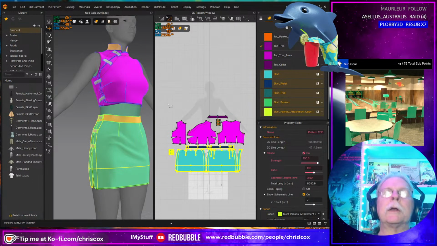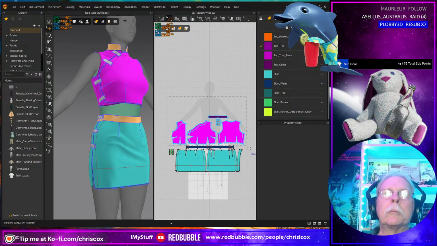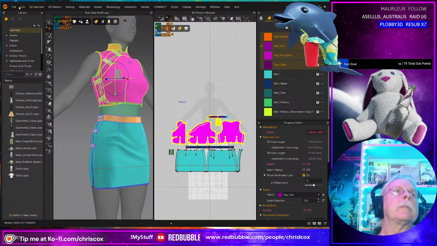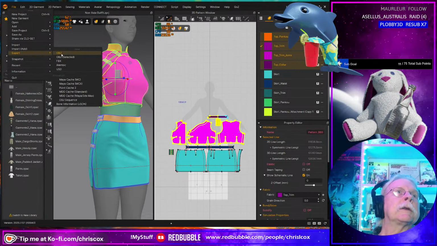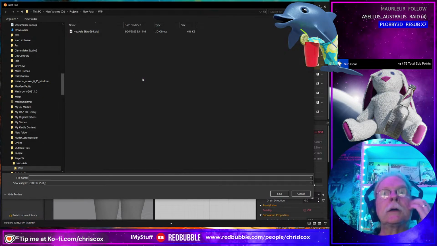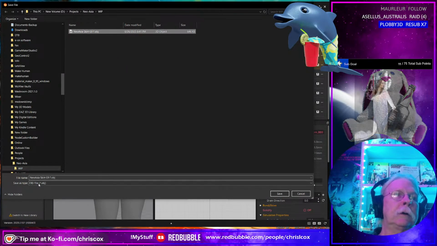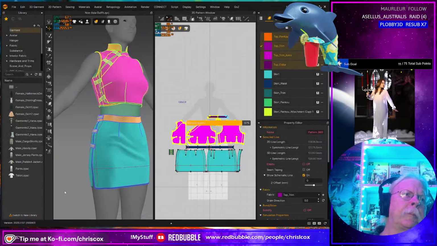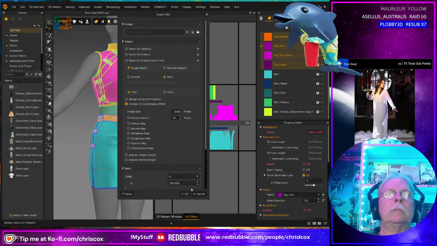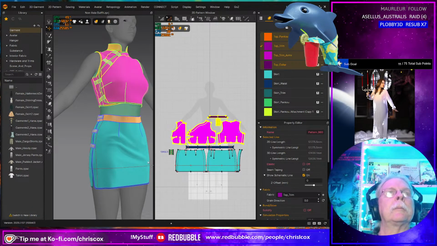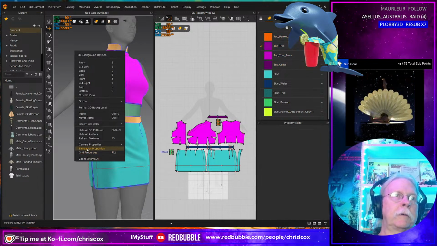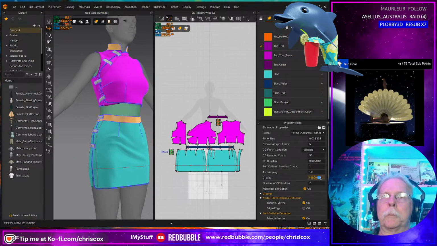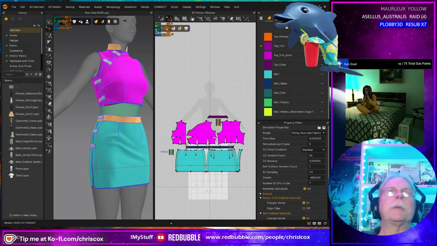Say okay to that. File, export, OBJ selected. Top. Say okay to that. All right, I'm going to turn gravity off. And then we're going to morph it to the androgynous shape.